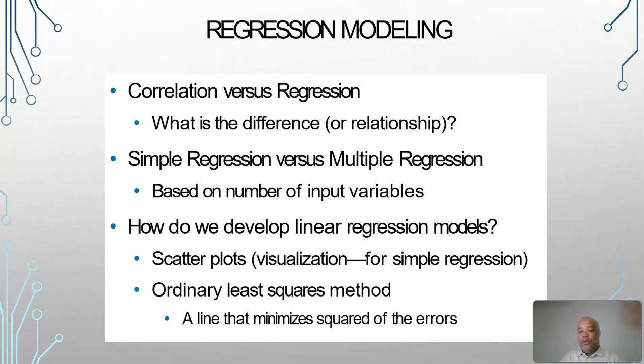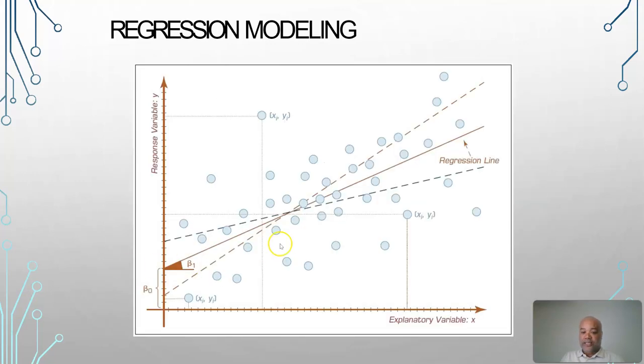So to develop a linear regression model, analysts often begin with a simple scatter plot, which just visualizes the data and identifies potential linear relationships. The next step is applying the ordinary least squares method, OLS, which fits a line to the data by minimizing the sum of the squared differences, i.e. the errors between the observed values and the predictions. Now, this approach makes sure that the best possible fit for the data takes place, making regression a powerful tool for both explanation and prediction in fields such as business, healthcare, and social sciences.